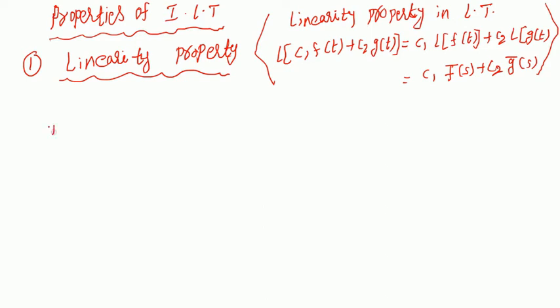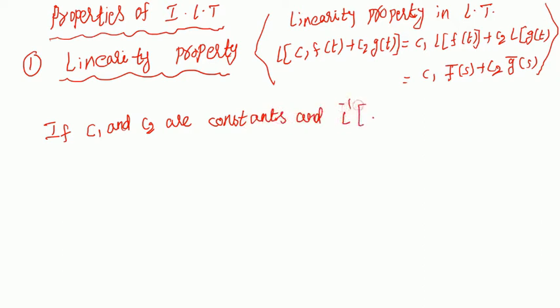If C1 and C2 are constants, and L inverse of f bar of s is equal to f of t, and L inverse of g bar of s is equal to g of t,